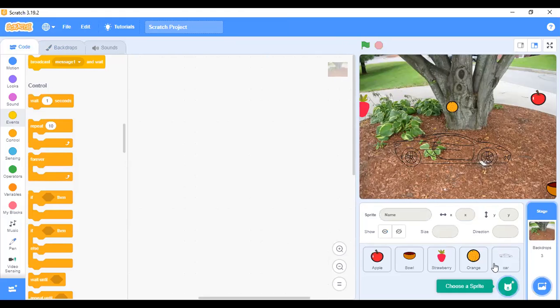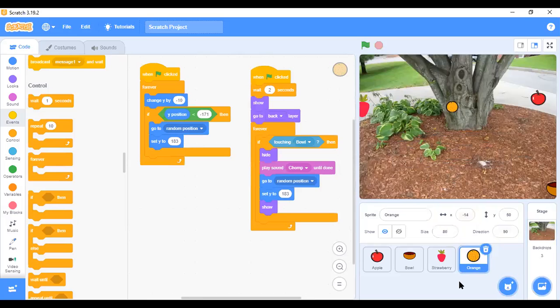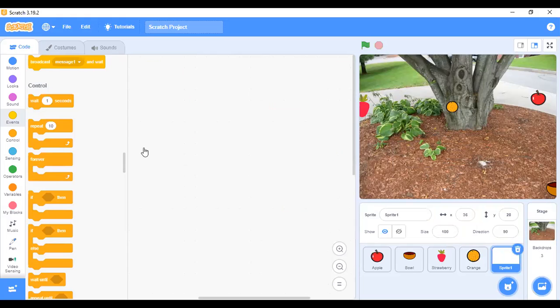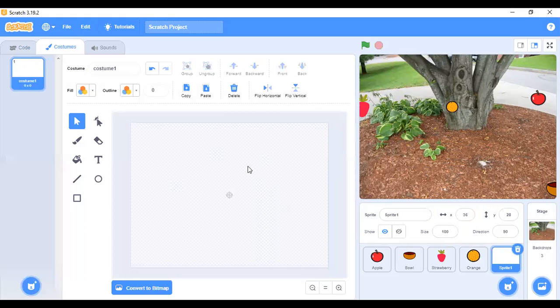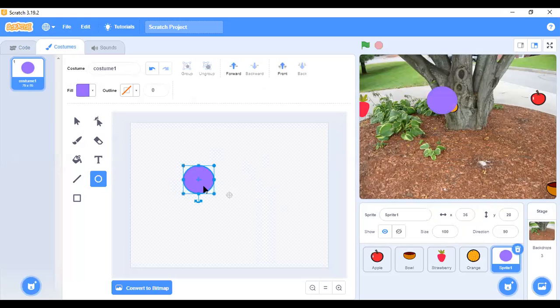Now, there's one more thing I want to teach you. Let me delete what I've uploaded. Pay attention. Don't just click on choose a sprite. Scroll to paint. It will take you to your custom section and it is blank. Let me draw something. I'll click on the circle and draw a circle. Then I'll click on reshape. Can you see these four points? We call each point a node, N-O-D-E.